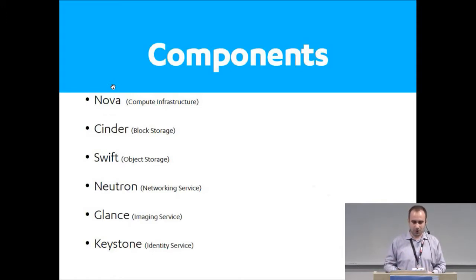Well, it's a bit more. It allows more combinations, but this is at least in our use case what we do. Glance is the imaging service, and this is basically where you store your template images that you then use to deploy in the cloud. And Keystone is also a big component, which is the identity service, and it's kind of a